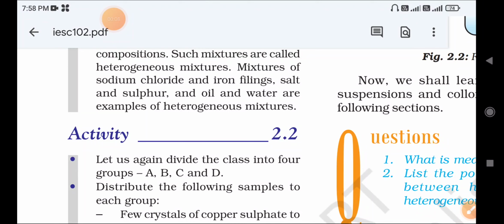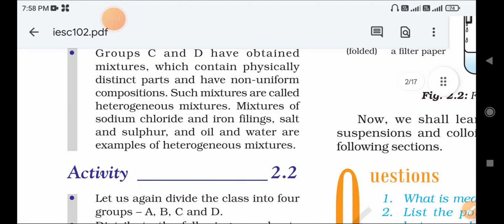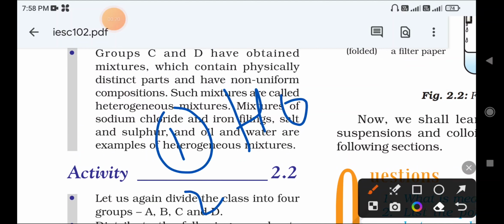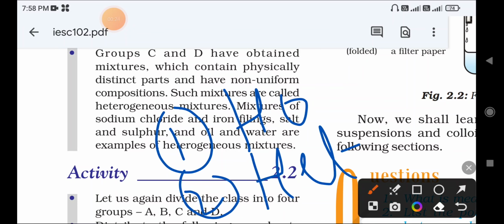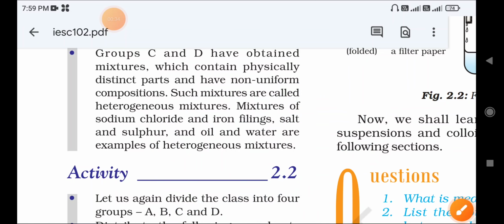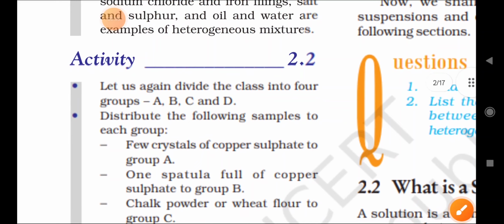Second chapter is Matter Around Us Pure. In previous classes we discussed that there are two types of mixture: one is a homogeneous mixture and another is a heterogeneous mixture. For these videos, we can search in our playlist and learn what a homogeneous mixture and what a heterogeneous mixture is. Next we'll study about